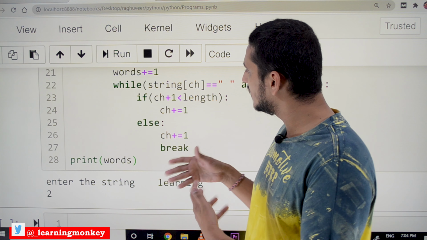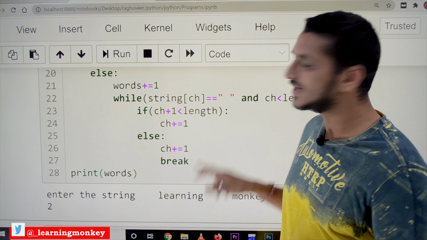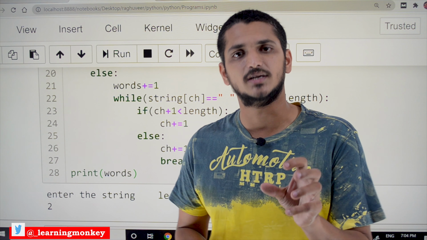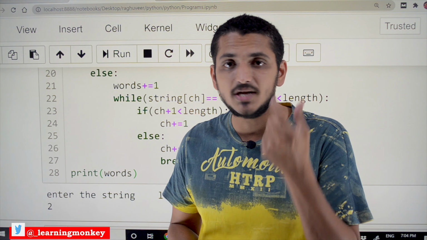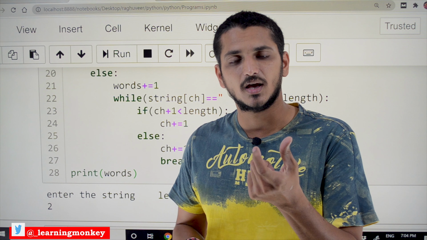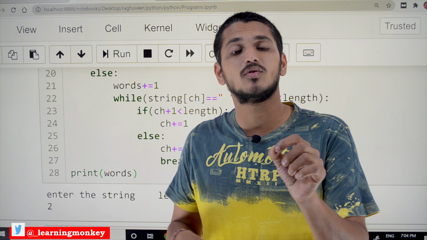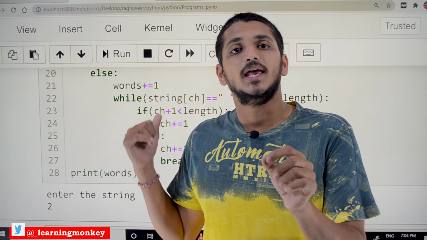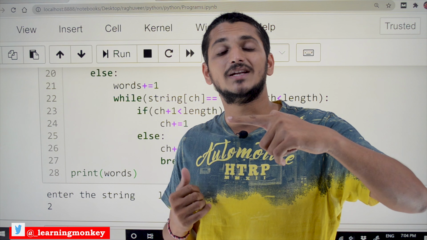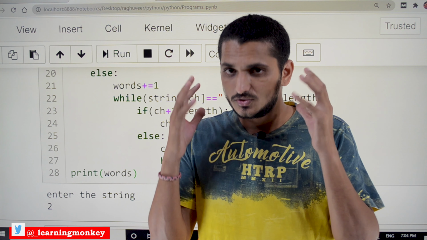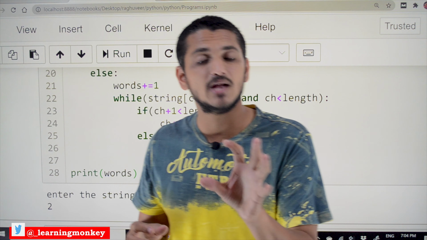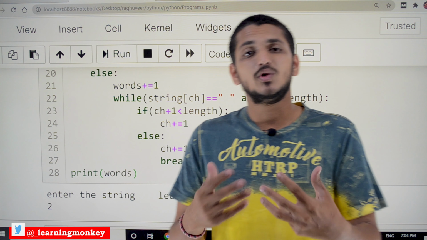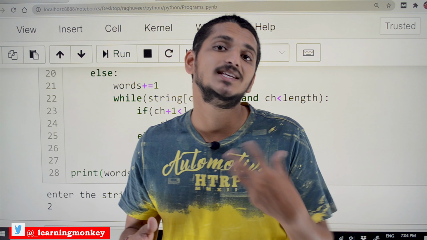Here we have written our logic using loops and if statements, but when we use Python methods, there is a method called split. By using the split method, we can write this logic in a single line of statement. That is the advantage of Python. That's why we should have a clear idea about the list of methods available in Python, so that we can write the logic in a simple and easy manner.